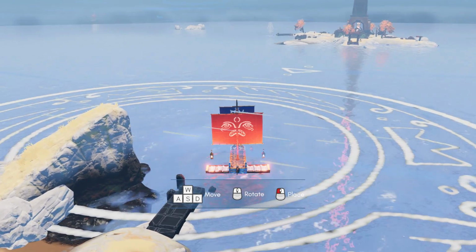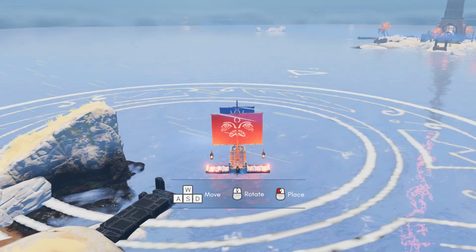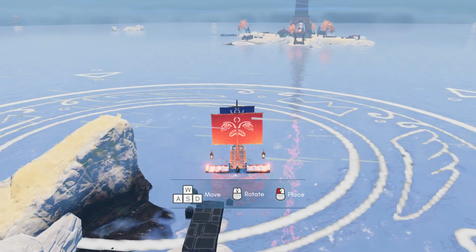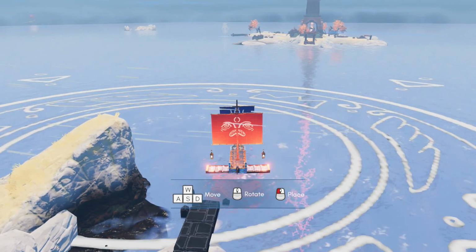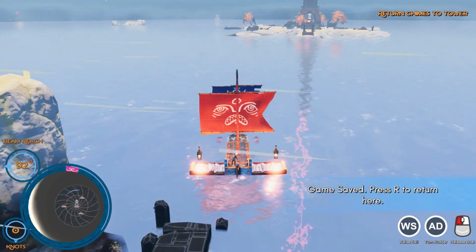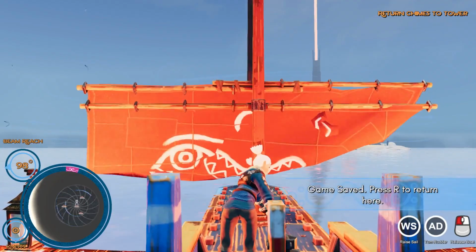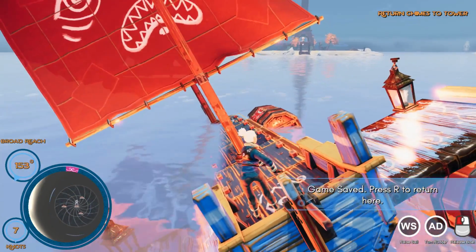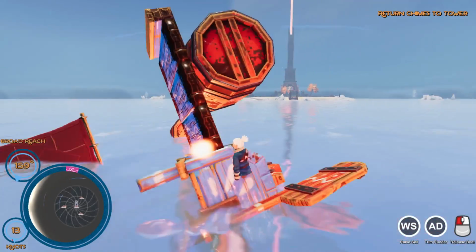So right now we've just got some really basic parts here. I've just hung some lanterns on it. It's got a couple of sails. You unlock more parts by doing stuff. So far we can't actually do that much, so that's fine. So let's just pop it down right there. Hope it doesn't immediately fall over. There we are. Let's just raise the sails at this point, and...